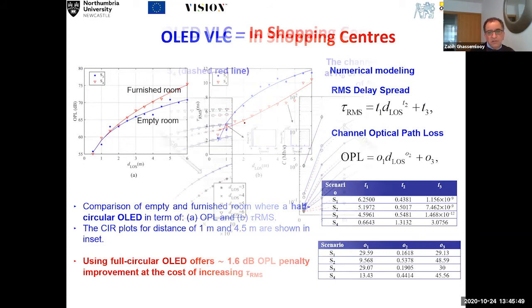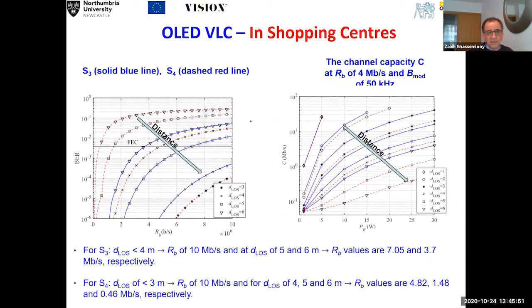And then we did bit error rate measurements for the shopping centers. You can see that we are interested in these regions here, and most of them are meeting the bit error rate limit of FEC. Of course, things change with distance because your power budget is affected as your received power gets lower and lower, and that applies to any communication system. And these are all line of sight, with no reflections at all.